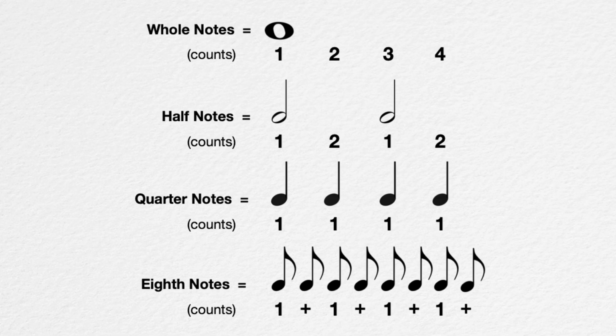Finally, we get to eighth notes, which are half a beat apiece, with 2 fitting into the length of 1 quarter note, resulting in 8 total to fill out the 4 counts of a single whole note, each counted individually. Notice the little plus signs in between the numbers. We count eighth notes as 1 and, and those plus signs are meant to represent the "and" part, which is exactly